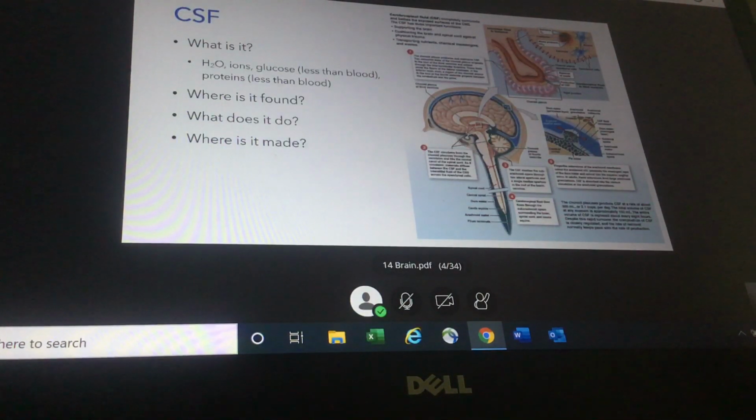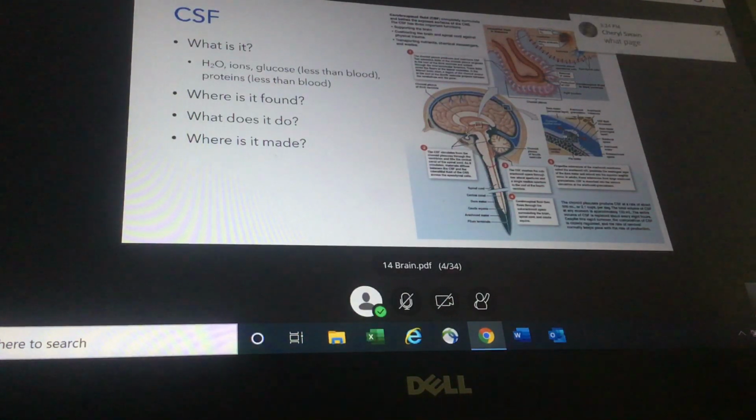All right. Now, watch as this fluid sort of flows. It's flowing around. It's hard to see on this diagram, but if you got a copy of the textbook, take a close look at it. This is one of those images that sort of takes up a whole page in your textbook, and it's really cool. It flows up over the surface of the brain, and at certain spots up near the top of the cerebrum, if we look in here real close, there are these places where the arachnoid